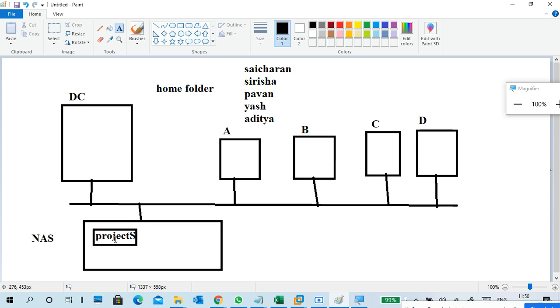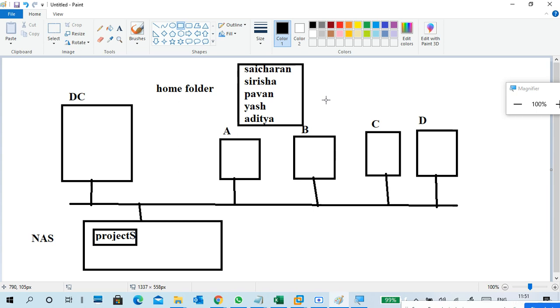For example, I have a folder, and this folder should be accessed by these users only. Not every user, only these users. Okay, so there is a folder. The folder contains the data. I shared the data, and these users can access it. Then what do I have to do? I have to share the data, of course, and